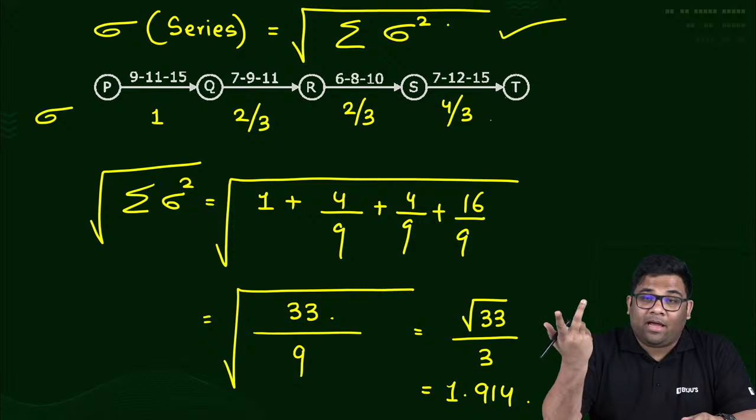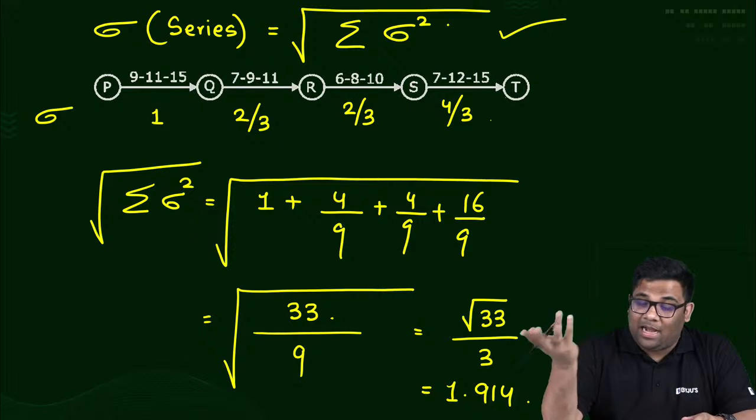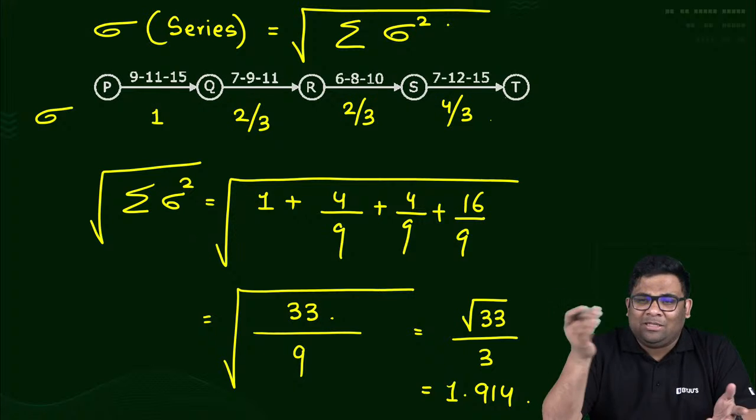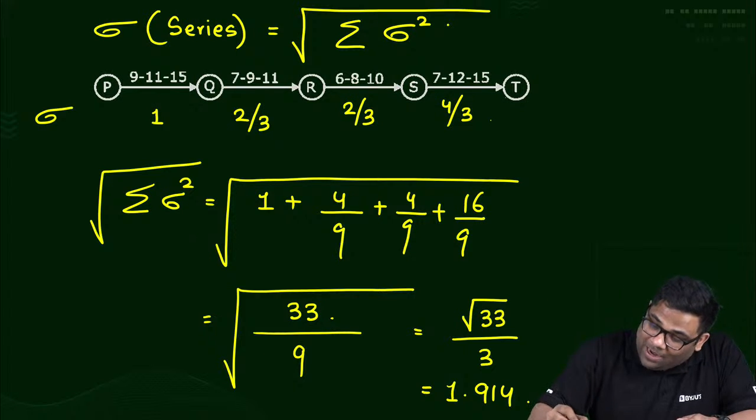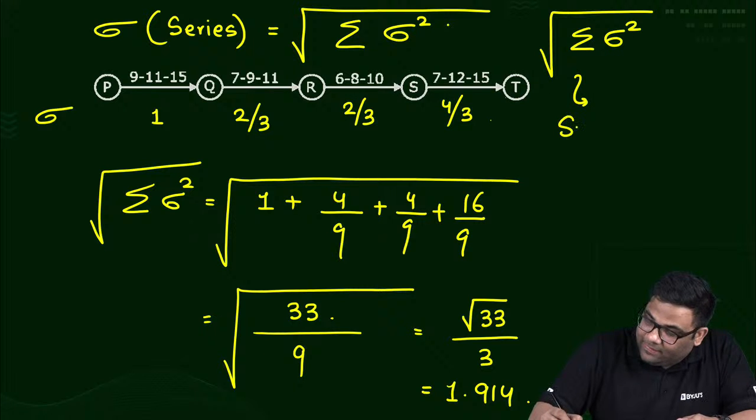Brother, how much I taught last time, what did you do, why are you adding sigma? Why are you adding sigma? Sigma never has to be added. You have to take the sum of the variance. This is what? Square root of sum of variance, right? Square root of